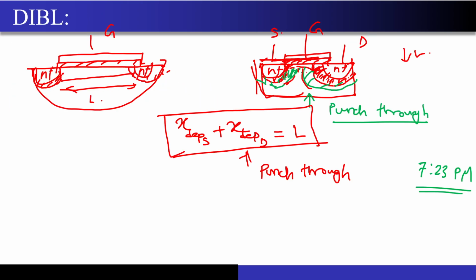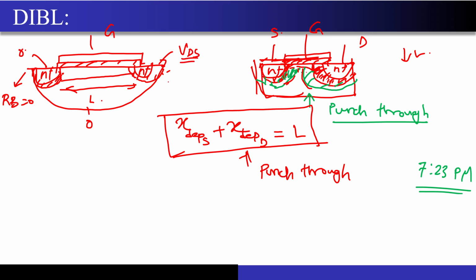So now if I just look at the structure over here, correct? Then this body is at a ground potential, correct? Even this source is at a ground potential. So the reverse bias applied for the source to body junction is 0. Correct? The reverse bias applied at the source to body junction is 0. And the reverse bias that I am applying at the drain to source is VDS.